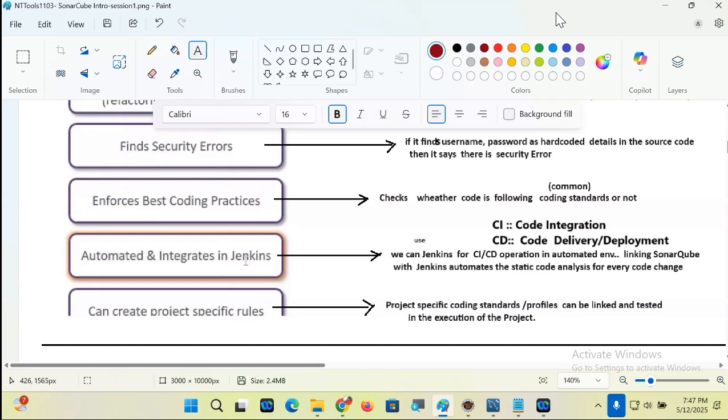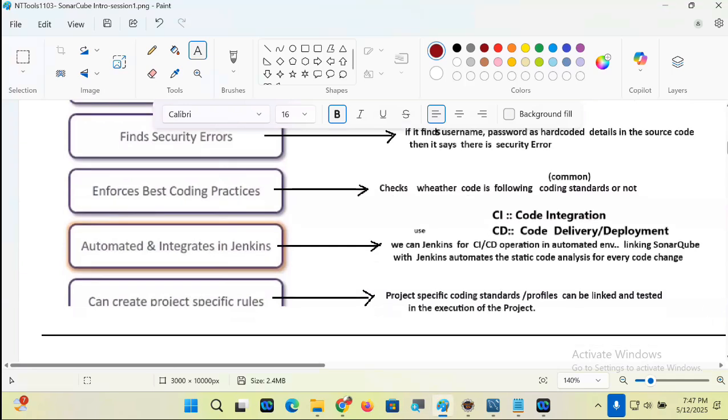But before building the WAR file, if I link SonarQube and the code review finds multiple problems, we try to rectify them. So you need not run this code review tool separately. If we link with Jenkins as part of automation of build and deployment activity, it will happily revise the things.